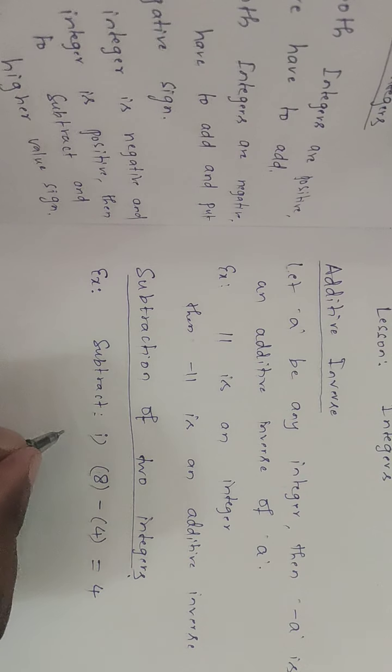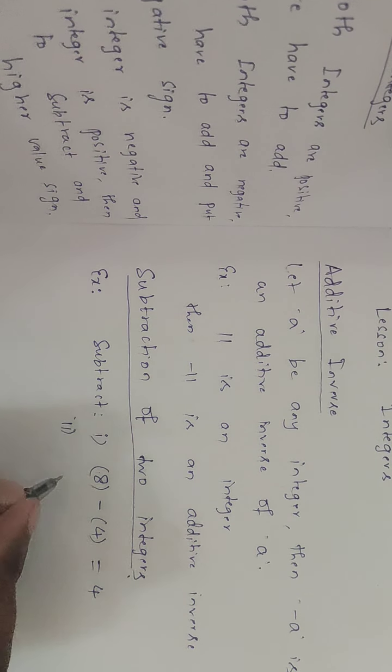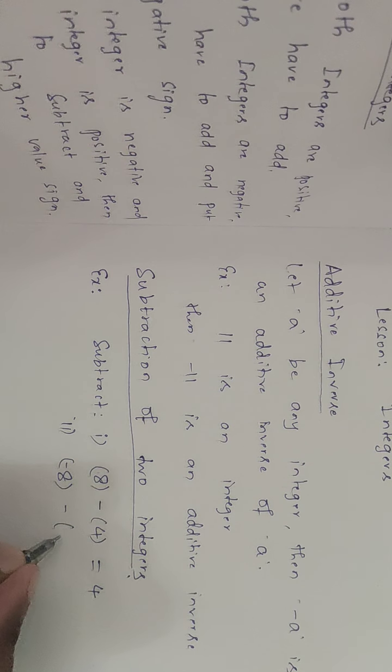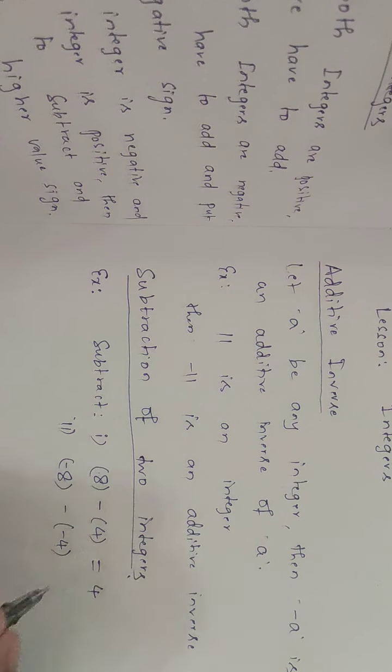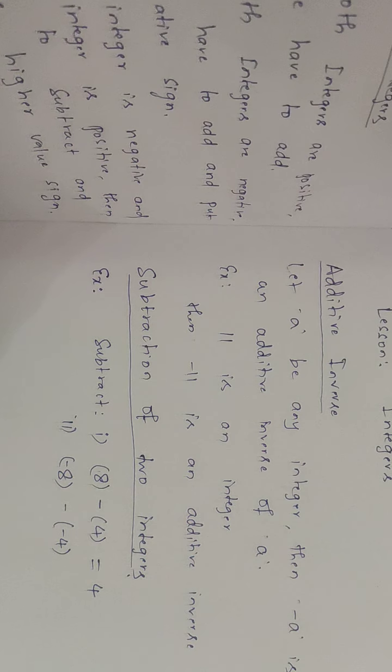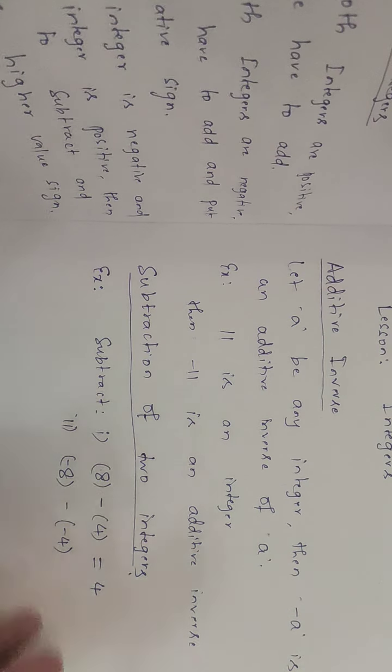Say suppose I take both negative integers now. Minus 8, the operation is minus, again minus 4. So what is the answer for this now? You can't directly subtract it, as you